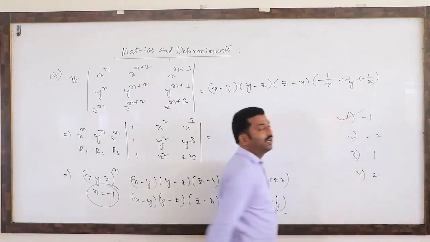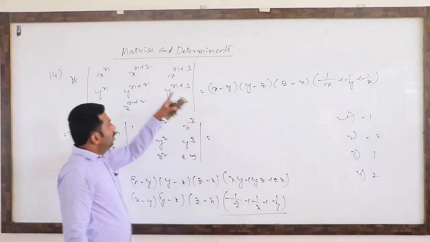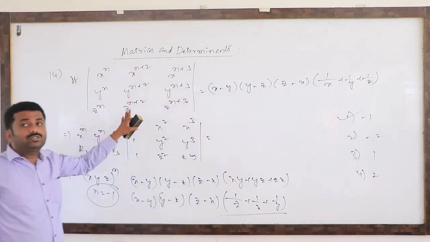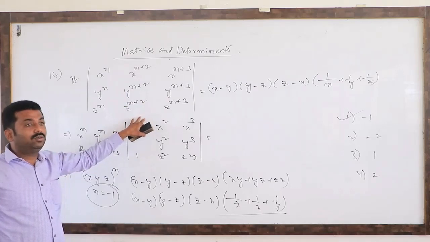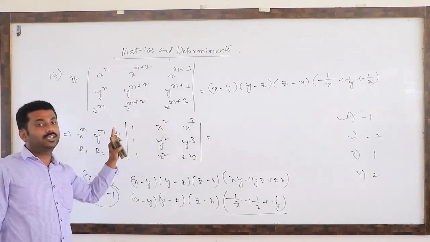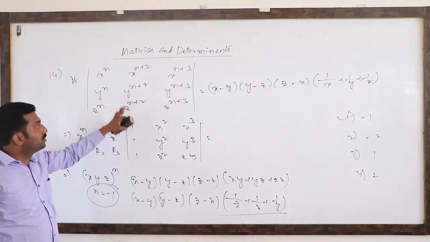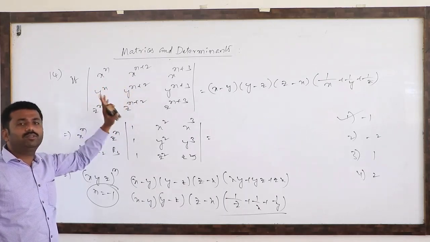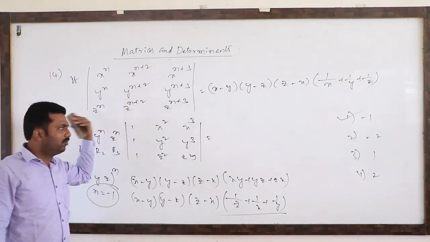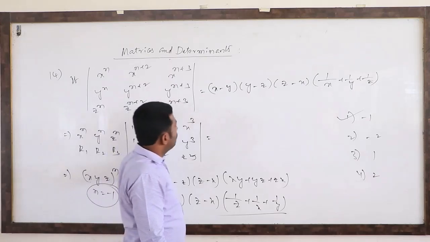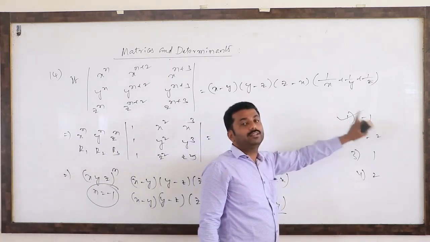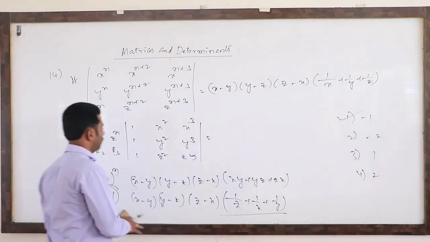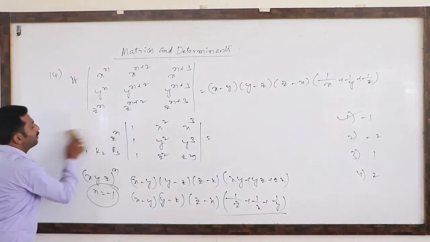So this is one standard result you should remember. In the entrance exams you should remember some standard results. Then only you can save time in the entrance exam. So in these types of questions, instead of x, y, z they will ask a, b, c or p, q, or like that. Whatever they ask, no problem. So this n value is always minus 1. You remember that concept. Next.